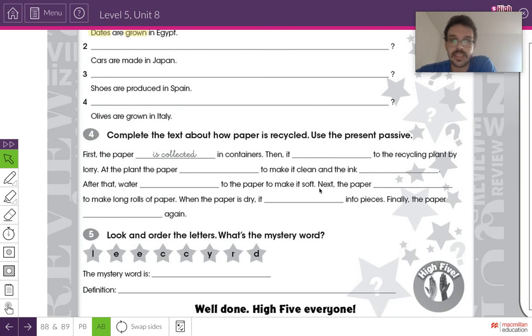One more exercise and then we can finish. So here we have a text about recycling paper. You remember that lesson about recycling paper? What we have to do is say the different steps, but we must use the present passive. Like it says here, first the paper is collected. So we have to say is or are